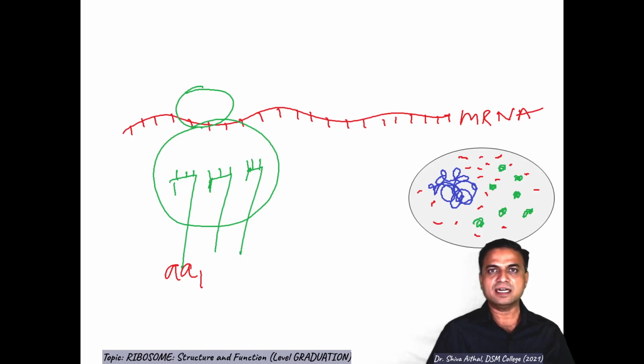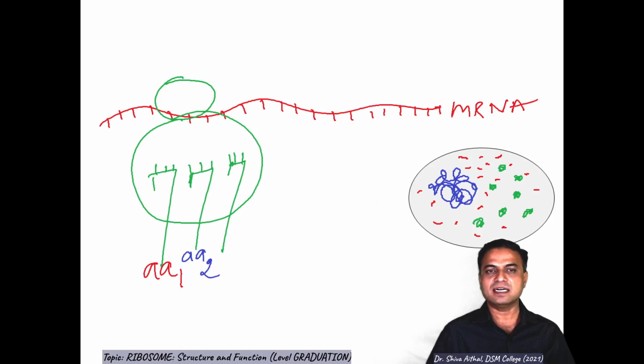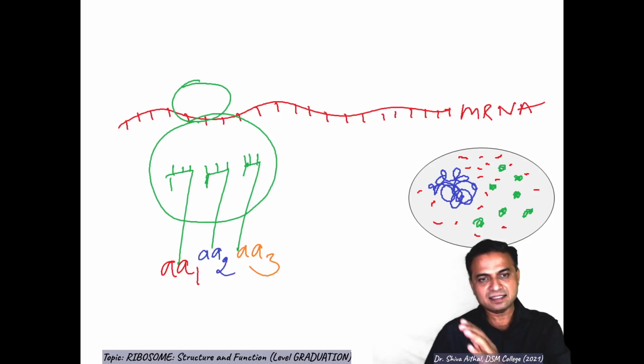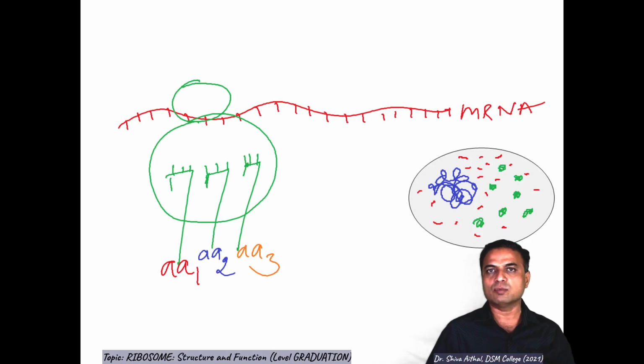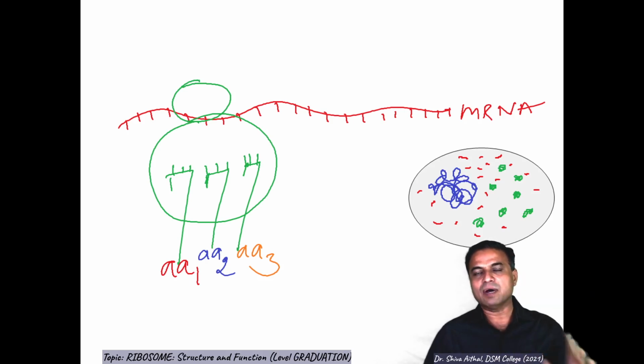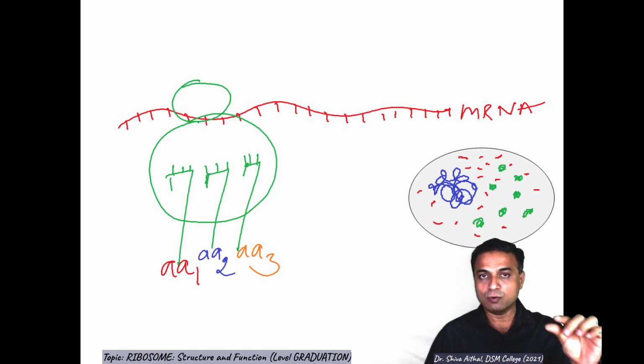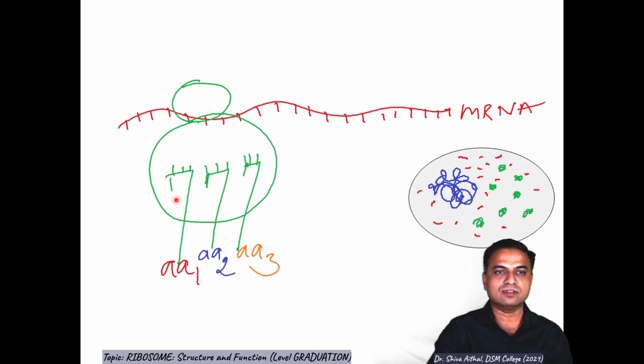So each tRNA will bring the first amino acid, second amino acid, third amino acid, and as the tRNA comes with the correct amino acid, it is called a charged tRNA as it moves out of the ribosome. What is the ribosome providing? A site for protein synthesis on the mRNA. It is attaching to the mRNA. At the 50S subunit, it is allowing the attachment of the polypeptide chain, amino acid binding. In what sequence are these amino acids bound? They are bound in the same sequence as the sequence of codons present here on the mRNA.